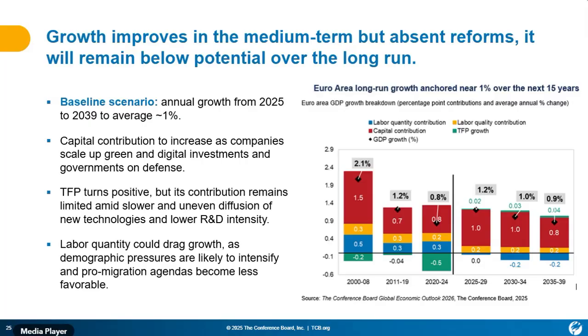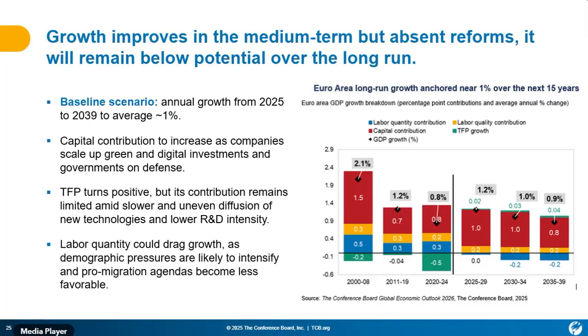And it's a low number because in our baseline scenario, we've made one very important hypothesis. This hypothesis is that the kind of reforms that we talk a lot about in Europe, and which are very much needed to make the economy more competitive, more innovative and more productive, we expect efforts around these reforms to either stall or make limited progress over the next years. Naturally, if this is the case, growth should remain around this 1% level you see, and of course remain below potential.